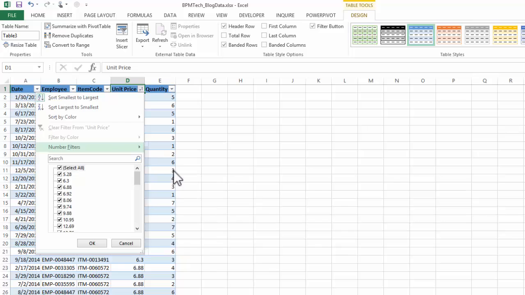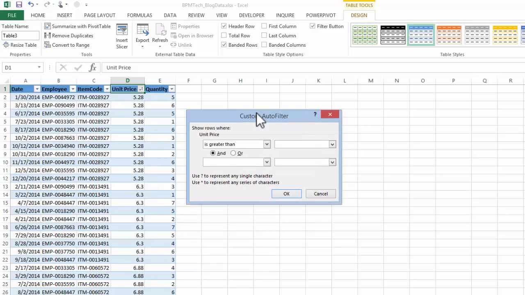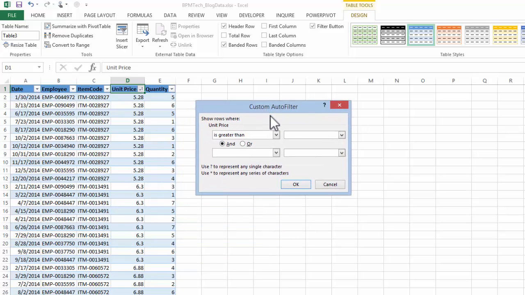Let me focus on greater than. If I choose greater than, I have the option for a custom autofilter. Is greater than what? Is greater than $10. I can also choose to have an and or an or and have a different requirement as well. I'll keep it as and, but this time I'll say is less than, and we'll go with